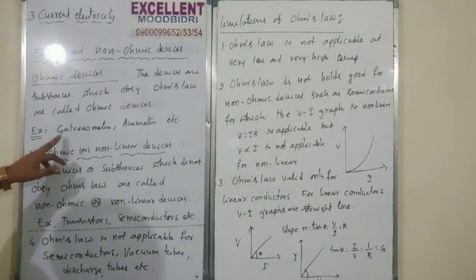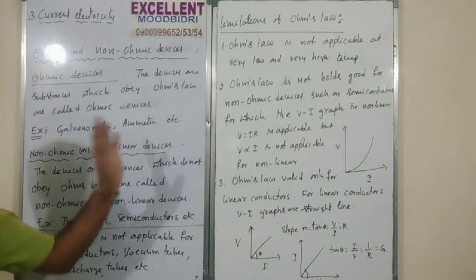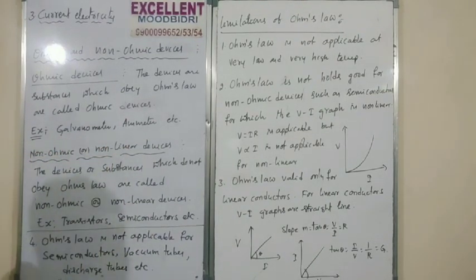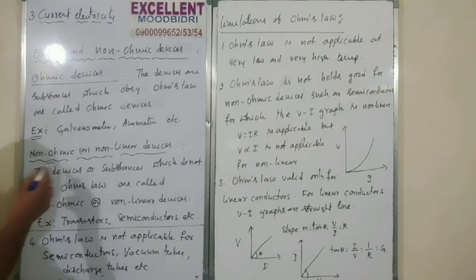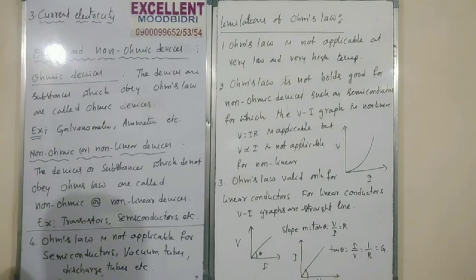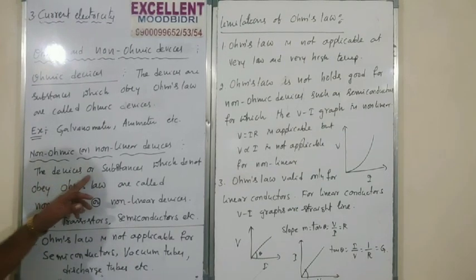So examples are galvanometer, ammeter, etc. These are the ohmic devices. Similarly, non-ohmic or non-linear devices. The devices are